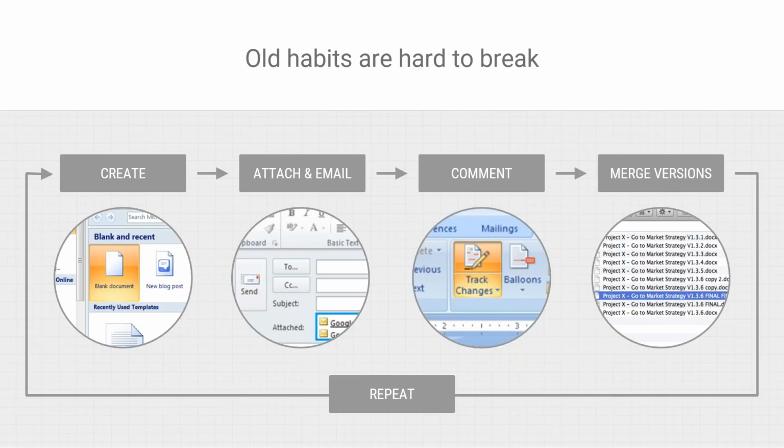Let's look into some of our old habits. This is pretty much the model that we have been trained to use in a business sense in the last 30 years, and it's probably still the way that most of us work as well. So think about it. We go to our own PC, launch our word processor and start a new document. And then you send it to someone as an attachment via email. And everyone uses track changes and saves it as version